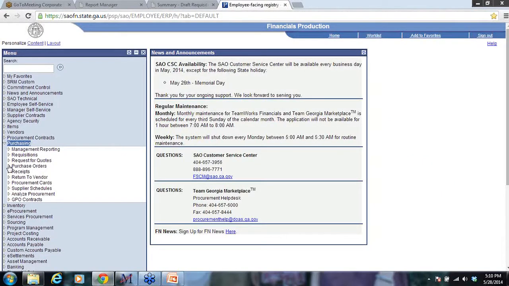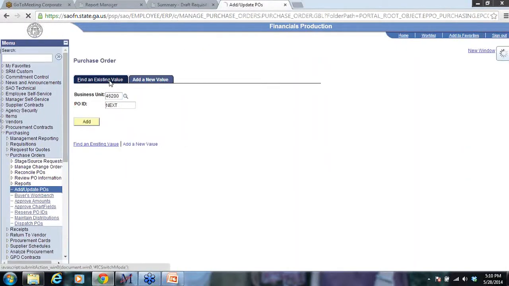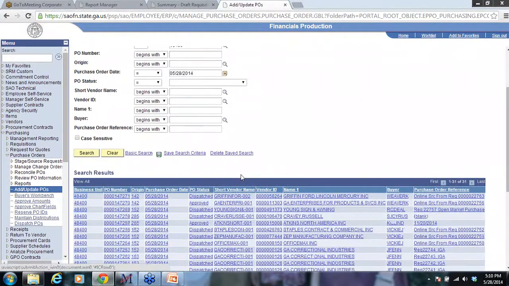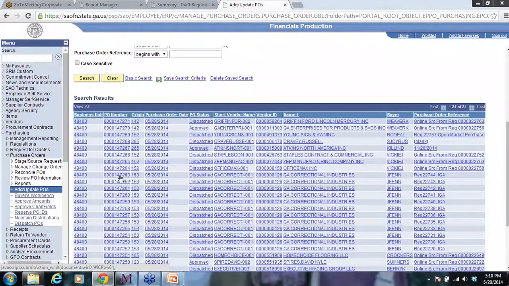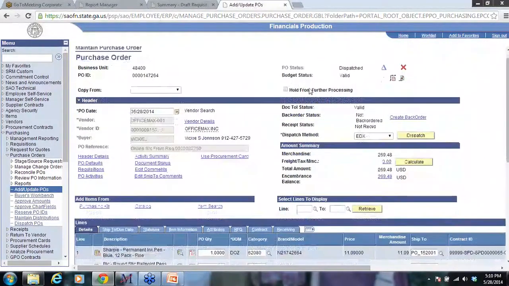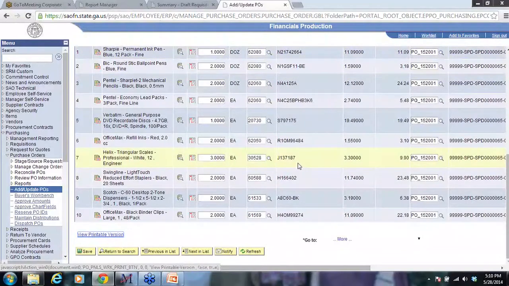So I'm just going to go find an EDX PO. You'll notice this is a PO that's been dispatched via EDX today. It left at EDX. If I need to get a copy of it, I just click on this View Printable Version. It spins for a little while,